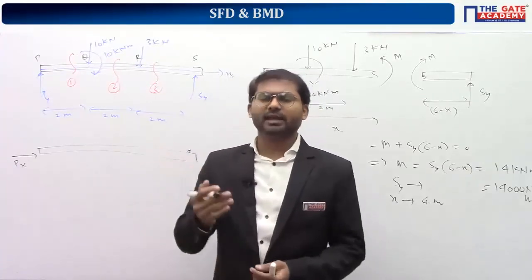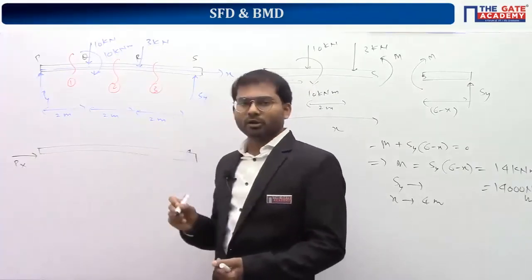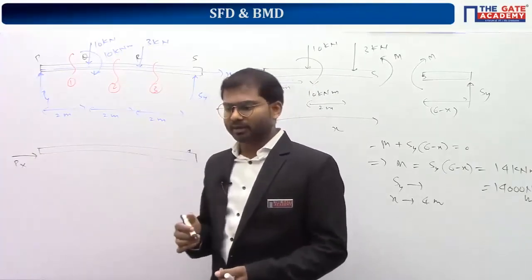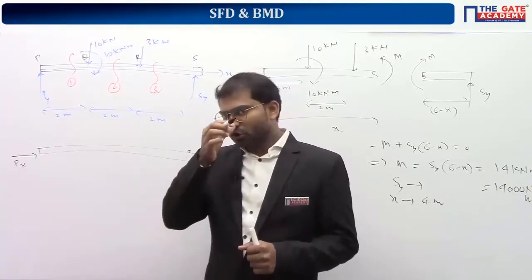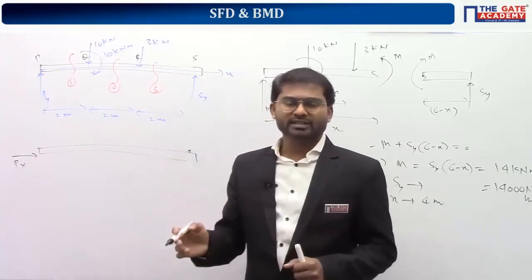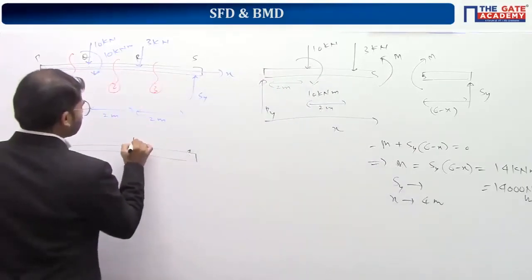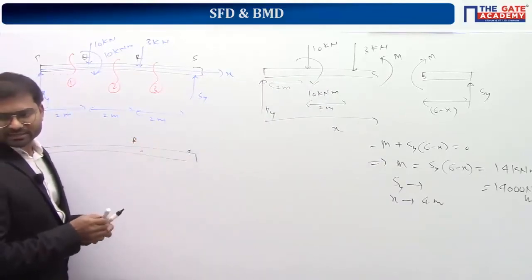6 kilonewton is acting in an inclined direction. It is like this, so it will have a normal or longitudinal component. It is nothing but 6 cos 30. 6 cos 30 is nothing but 6 sin 60, that is 6 root 3 by 2. It is nothing but 2 root 3. So at junction R, we have the force as 6